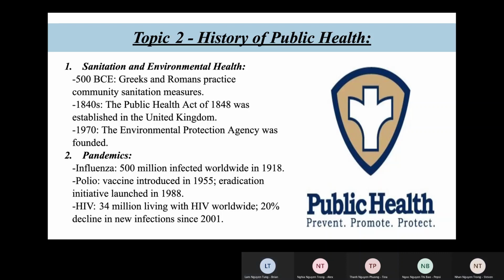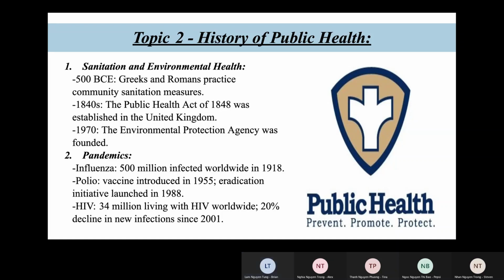And next, polio was a common and highly fatal disease that caused severe illness, including paralysis and even death. Thousands of people lined up to receive the polio vaccine when it was introduced in 1955. An initiative to eradicate polio was launched in 1988, with these efforts decreasing the rate from 125 countries to a few countries.